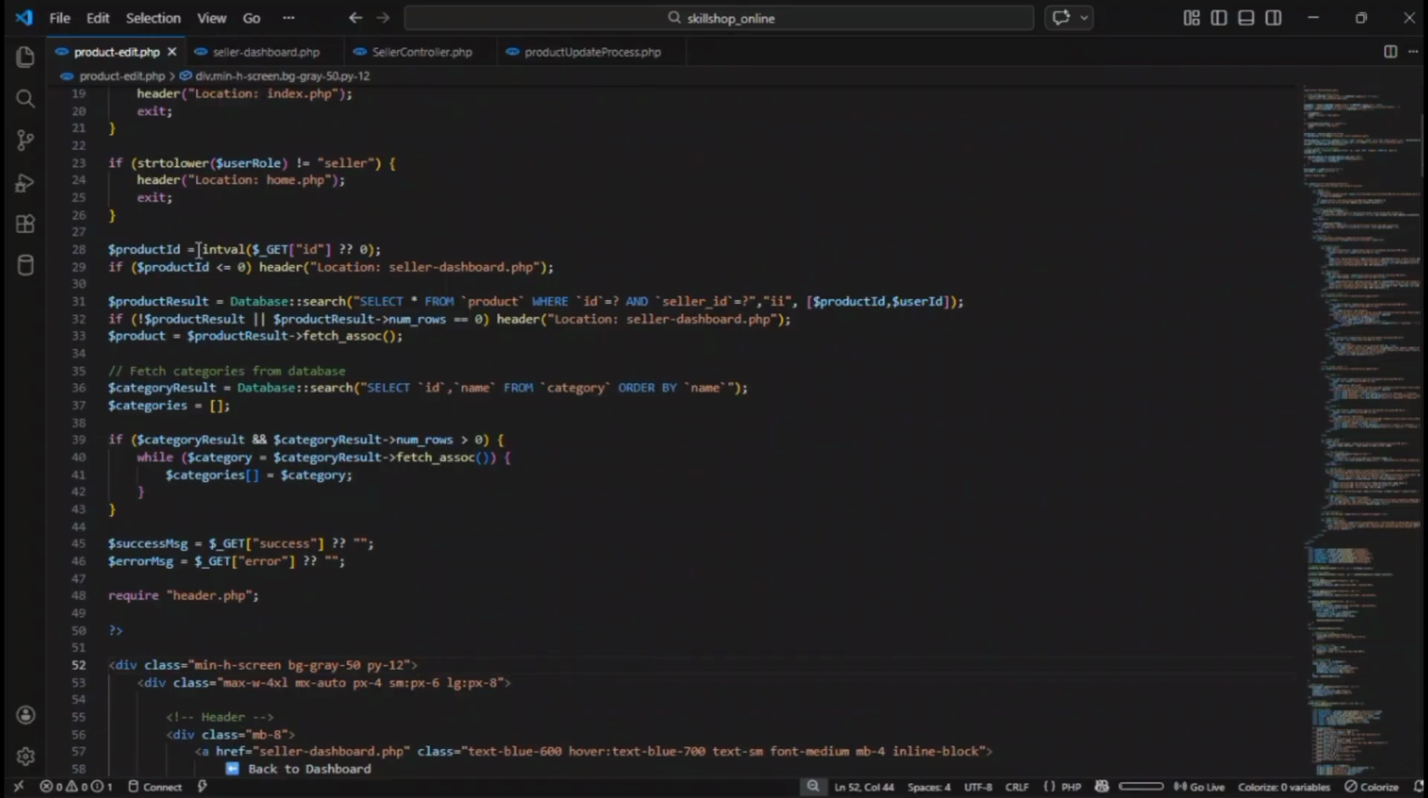Here I have given a product ID variable that is assigned an int value. So this gets the product ID from the URL. Over here I have checked whether the product ID is greater than or equal to 0. If not, then take back to the location seller dashboard.php, and after that I have taken the product result variable. So here I have a query